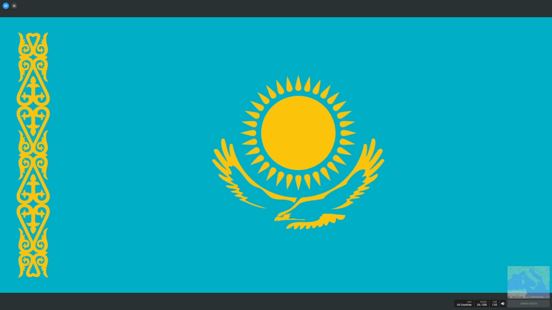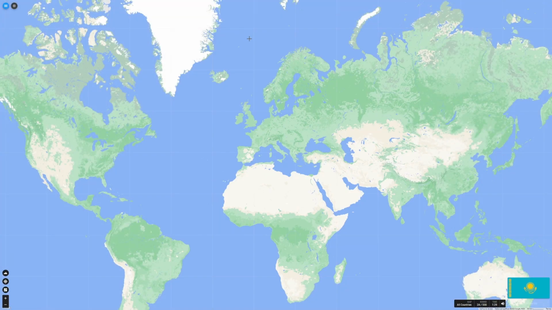Next we have Kazakhstan. For the flag, it's a turquoise background. We have the golden sun here in the middle, and below the sun we have this eagle, and on the left we have this ornamental pattern here, which represents Kazakhstan. So very beautiful flag, and it's unique. To click Kazakhstan,